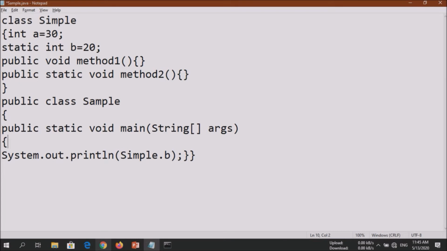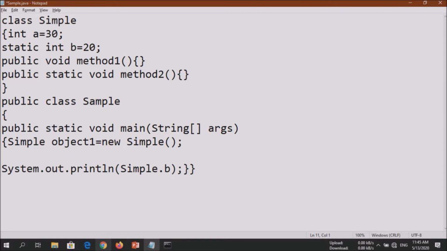So what we have to do? Write simple, give the name of the object, object1 is equal to new simple, and to call the object, object1 dot a.